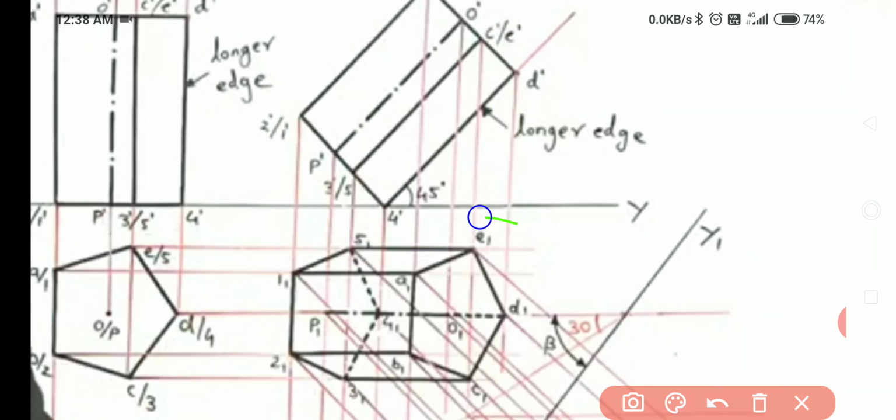So this upper base, that is A1, E1, D1, B1, C1, all you can see, and these all are dark lines and outer part also. So here you can't see, but the outer line, according to the rule, the outer line must be dark, and